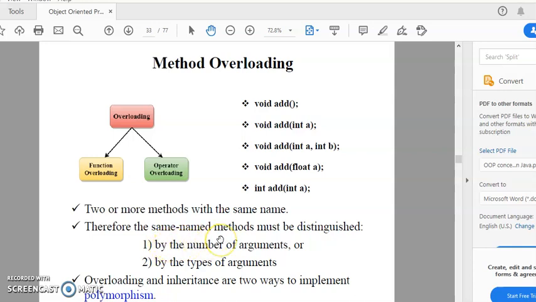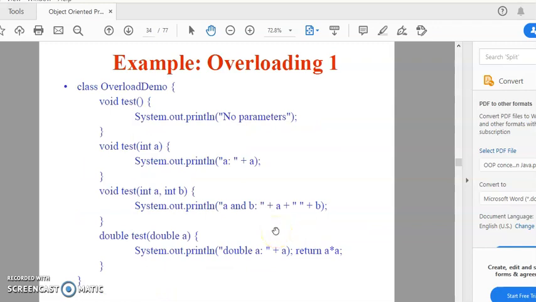The execution of the function depends on the number of arguments or the type of arguments. I have earlier discussed that the argument signature plays an important role in the overloading functionality.